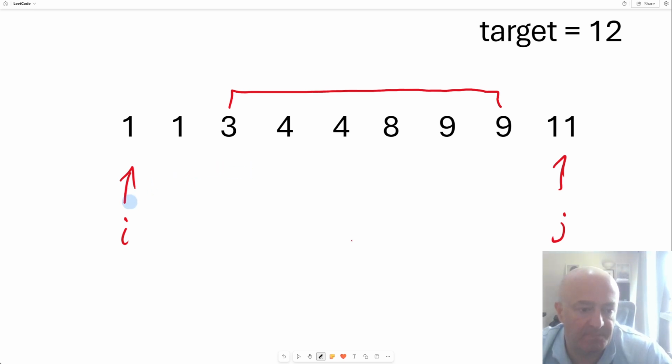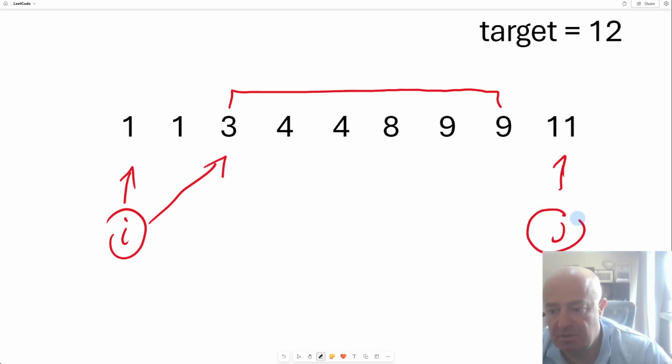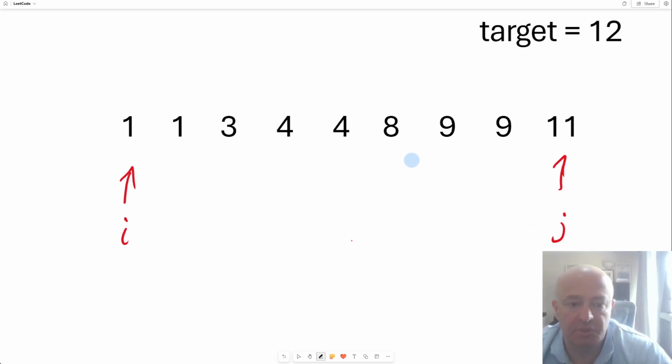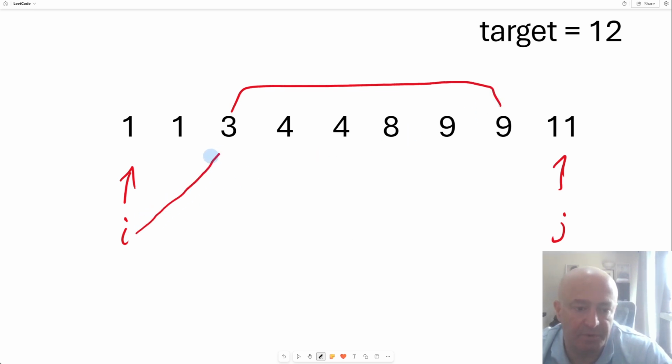So either i touches this bit here first, or j touches this bit here first. Let's say this is the case. Let's say i comes here first. Now, notice that j must be somewhere to the right. Now, i is not going to budge from this place until j comes to 9, because